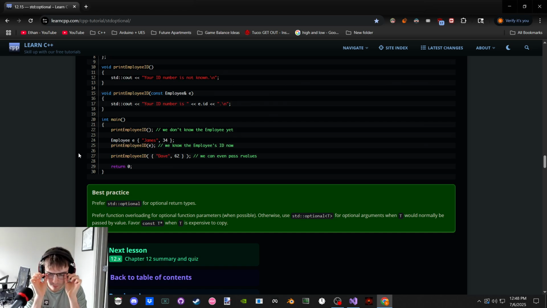Prefer standard optional for optional return types. Yeah, as long as we don't have to. Well, let's see. For optional return types, where we need to say, hey, did this thing succeed? Is it optional? Optional meaning, optionally, we return the expected value, a quotient when we're doing division in a function. Alternatively, we don't return the value. We return the optional. And in that case, it is optionally not initialized with a value, or rather, it's initialized with null opt.